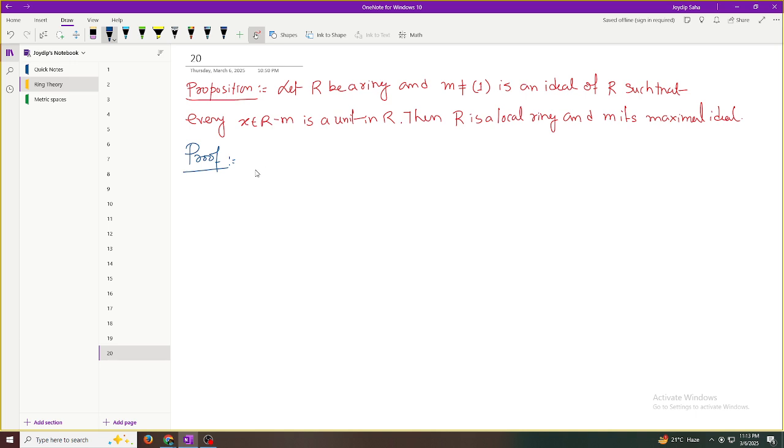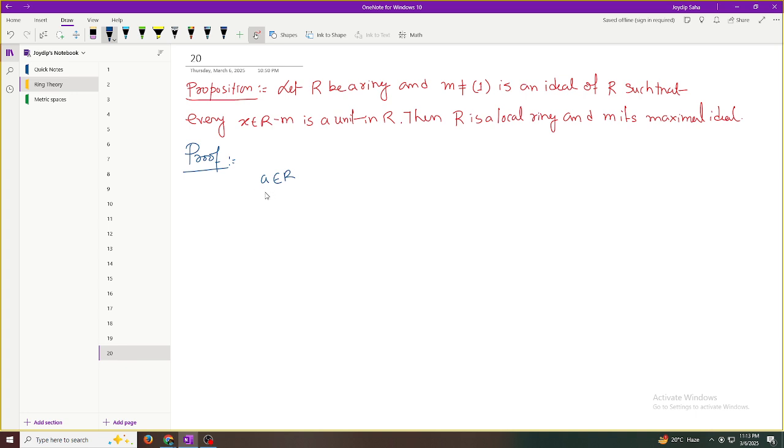In that type of ring, every non-unit element lies in a maximal ideal, right? If A is in general any ring, meaning commutative ring with identity in my setup,